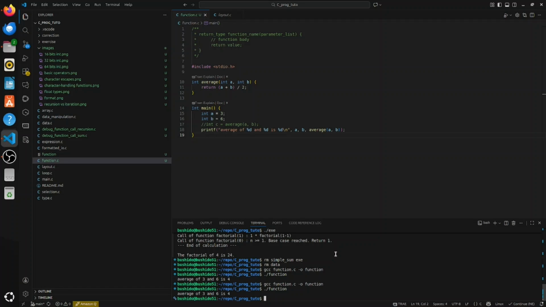You cannot return an array. For example, you cannot do something like int like that. You cannot return an array, because an array is supposed to be something like that. So you can have, for example, here inside